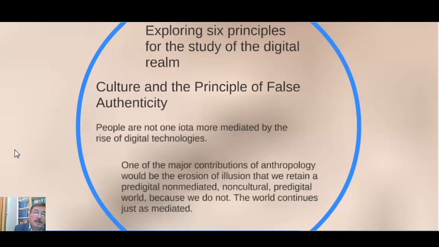So one of the things that the book is asking you to consider is that it is important to erode that illusion that the world that we lived in before the digital era was a non-mediated one, because it was very mediated. The world continues to be just as mediated, because at the end of the day, this screen that you're seeing, or the screen of your phone, is just another framework, no different than the frameworks that we had when I was lecturing to you in a classroom.